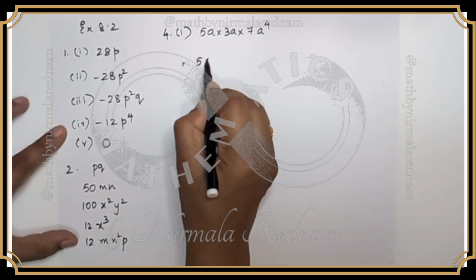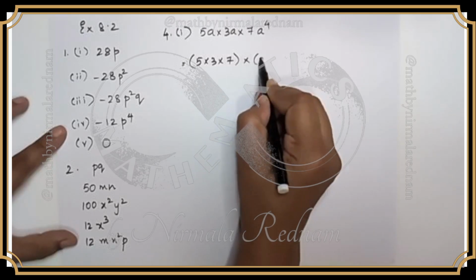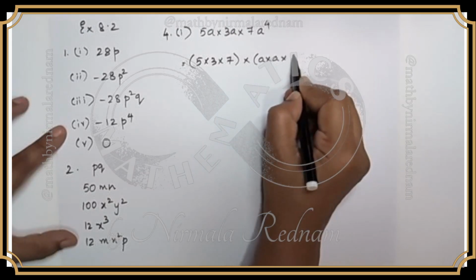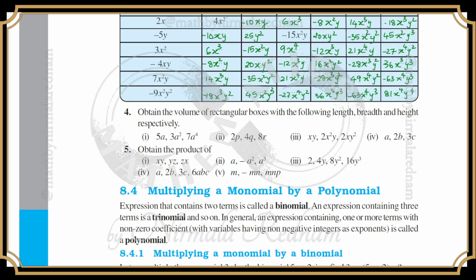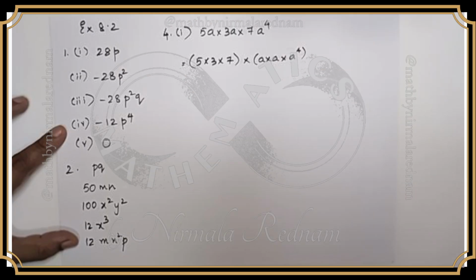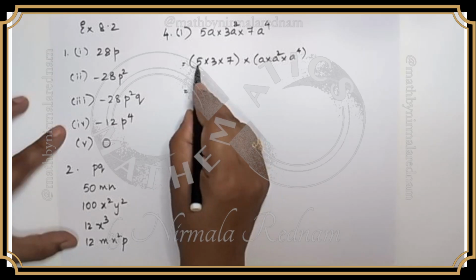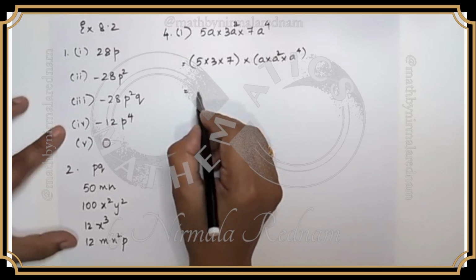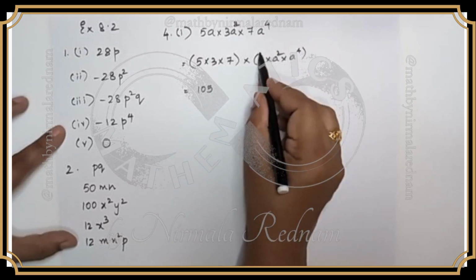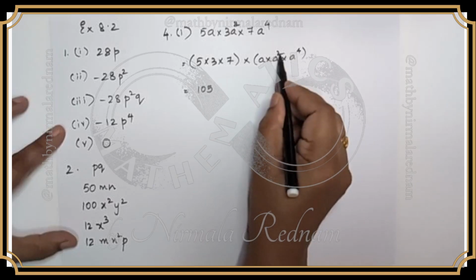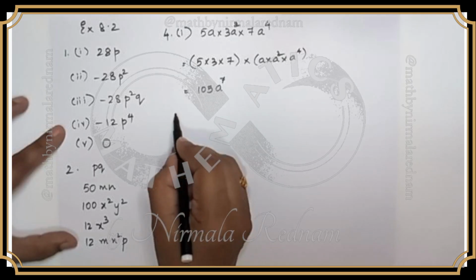So this is nothing but, if you look at the coefficients, okay, and then I have 5, 3, 7. So now here this is nothing but 15 sevens, 105, right? And here in total how many a's do I have? 1 plus 2 plus 4 is 7. So a power 7. So this is my final answer,